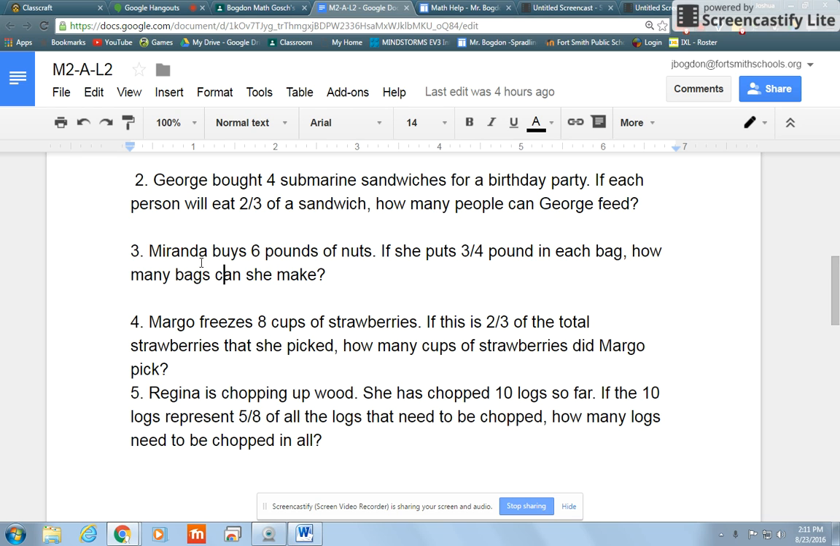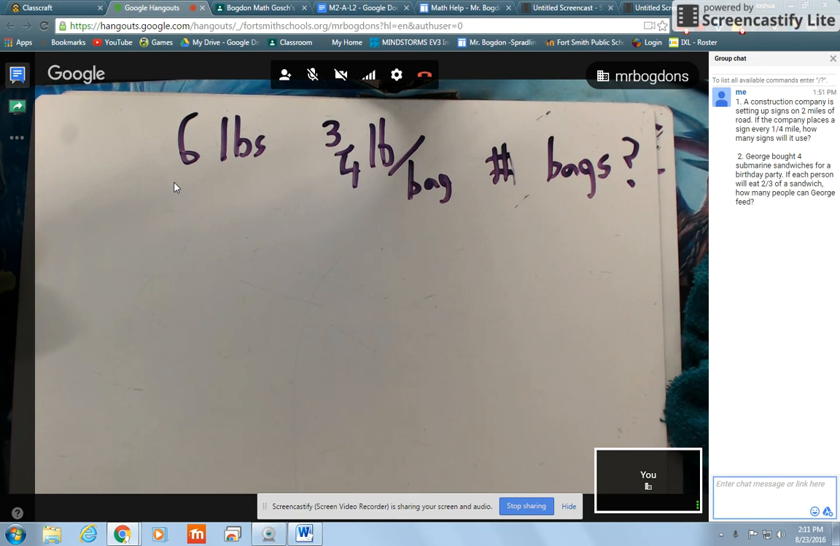Okay, so reading: Miranda buys 6 pounds of nuts. If she put 3/4 pound in each bag, how many bags can she make? Okay, so writing down the important information that you guys have already shared with me, I can probably safely assume that it's going to be more than one bag because